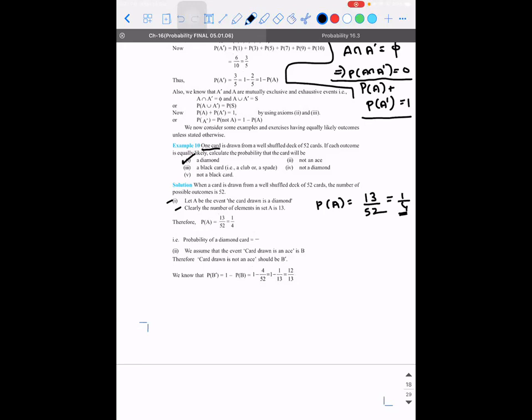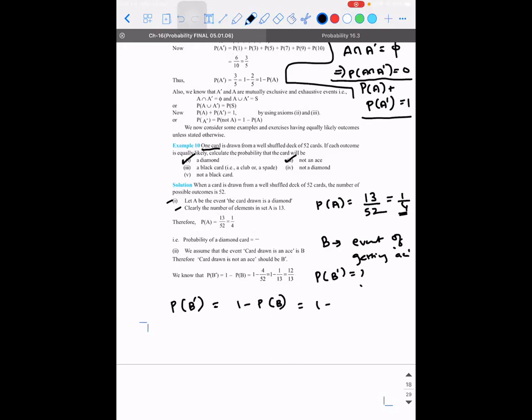Now comes another question. So a diamond is a direct event. Probability of getting something is a positive act. Probability of not getting an ace. Okay, if I declare B as an event of getting an ace, then what are they asking? They're asking probability of B dash. They didn't ask probability of B. So according to the previous concept, I know probability of B dash will be equal to 1 minus probability of B. 1 minus, what is the probability of getting an ace?